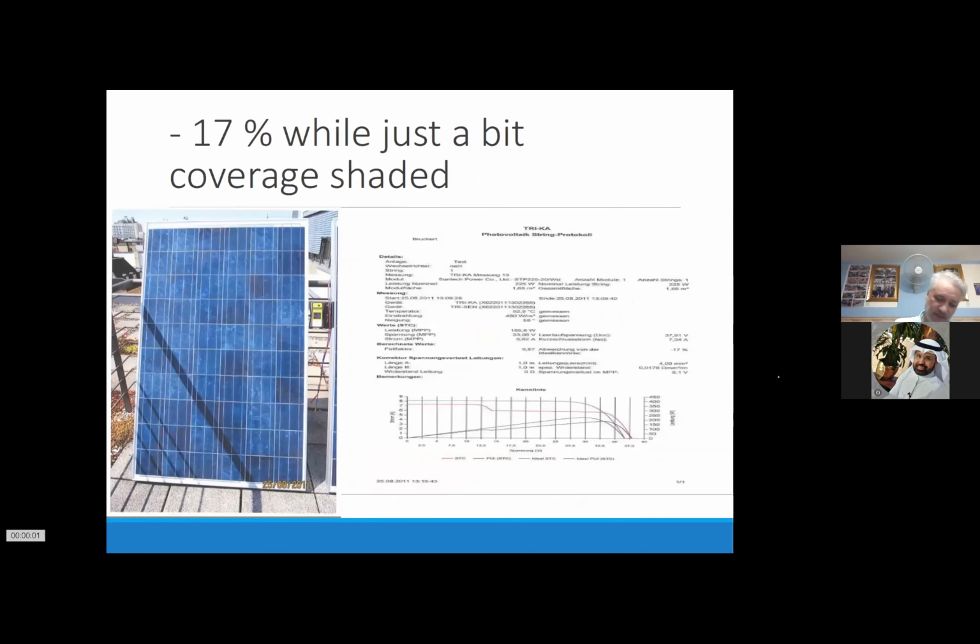And then I did these tests on the balcony in our office. So those small shades is already enough for 17% mismatch losses. And we had that also in the field. So I just want to show if that's possible to simulate, and it is possible. So depending on the diodes where they are connected, small tiny little shades, like you saw also in Italy with the reeling installed,